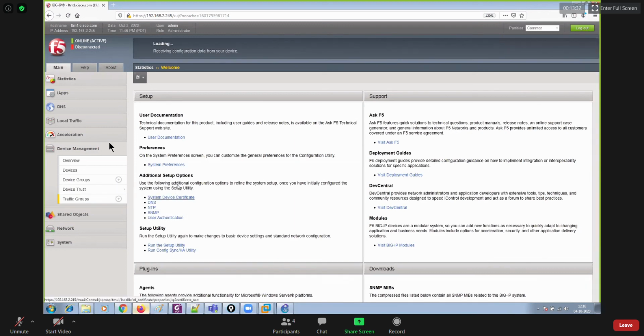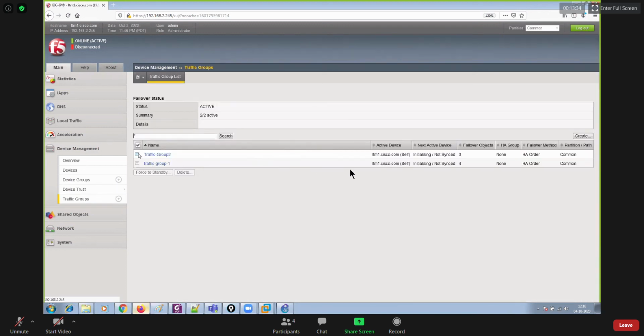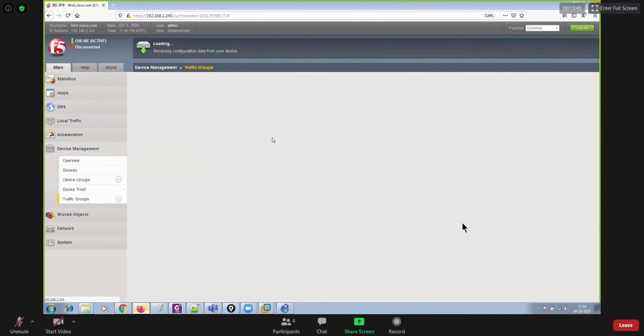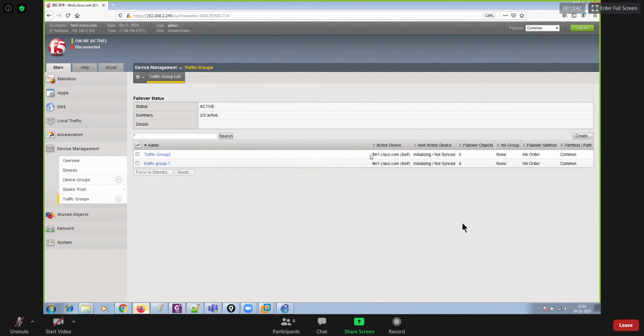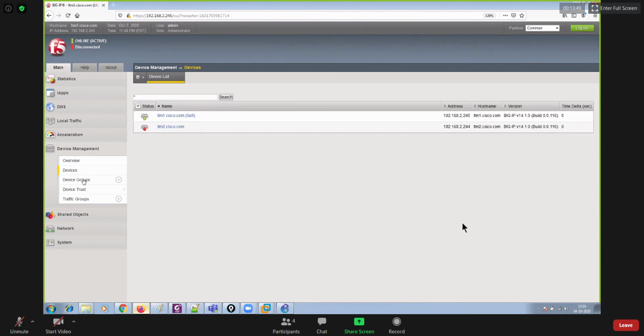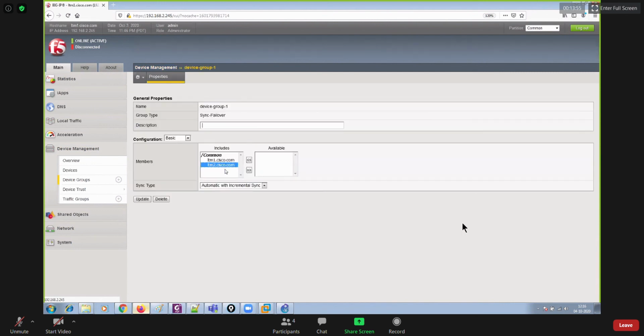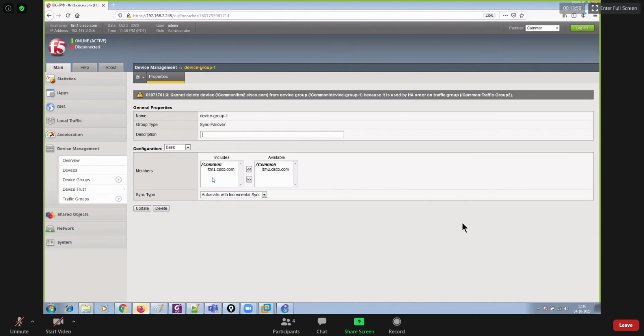The traffic groups as well. So let me remove the traffic group 2 first, delete. It says it cannot be deleted because there are some components which are part of the traffic group 2, right? So what I will do, I'll just go to device group. I'll remove LTM2 format because it is used by HA order on traffic group.